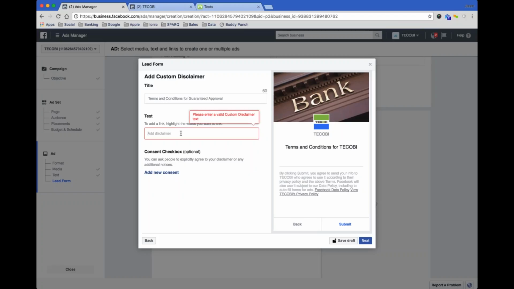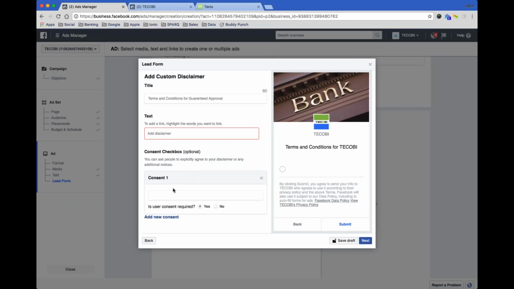And the custom disclaimer is where you're going to put in your disclaimer for whatever the case may be, if it's a lease offer, a finance offer, or if you're doing some kind of text messaging to the customer, you want to make sure that you're having them explicitly opt in. If you want to even take it a step further, you can force them to explicitly accept that they're text messaging you. Technically, as long as it's in the disclaimer, you should be okay on the text messaging side of things or the email side of things.